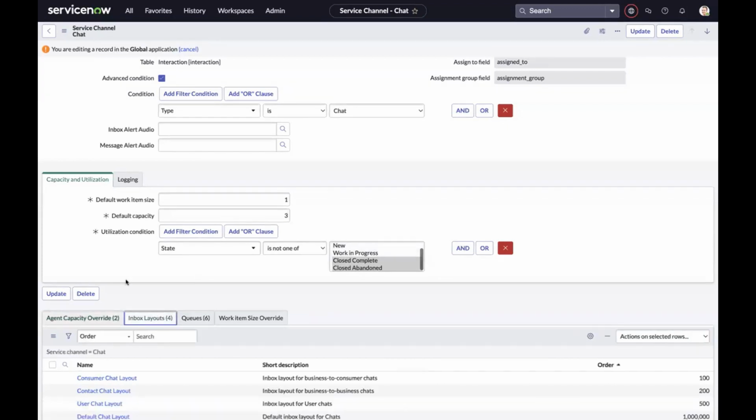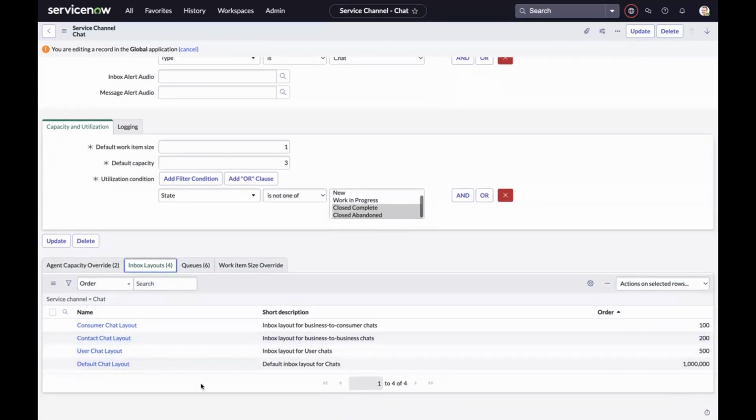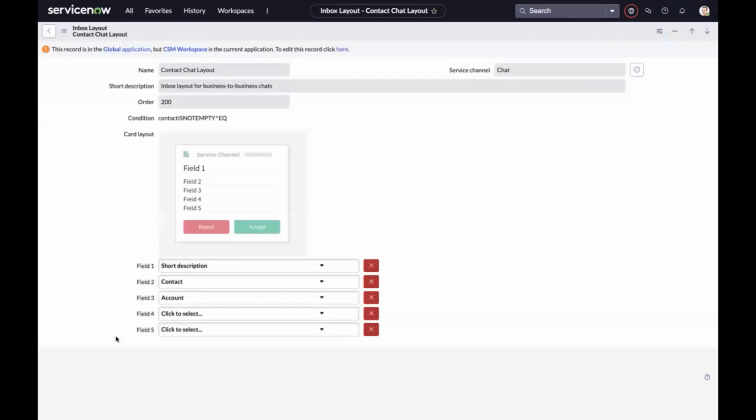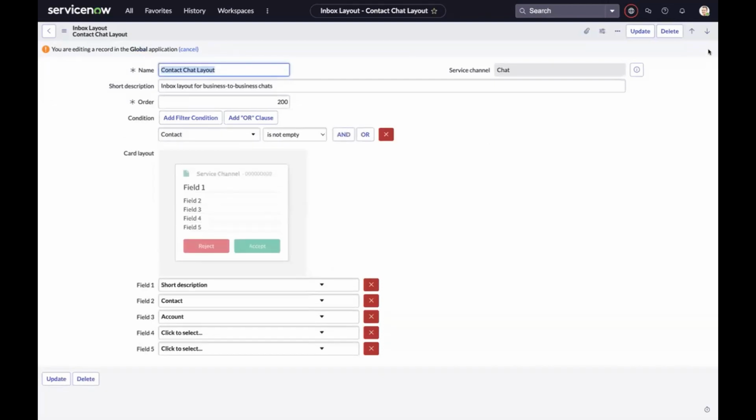Moving to other sections of the configuration, we also have inbox layout. This is what determines what the agent sees on the card when the chat is routed to the agent's inbox. The contact chat layout is what we were using in our demo, and this has a very simple condition. The condition here was contact is not empty, and when that condition was met, we showed the short description, contact, and account for the